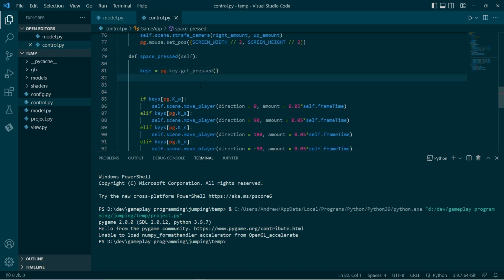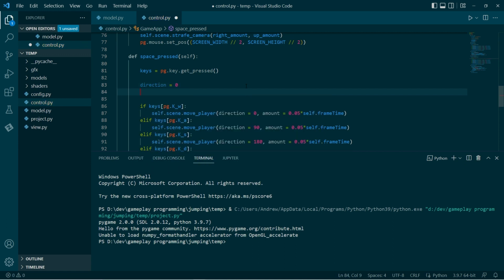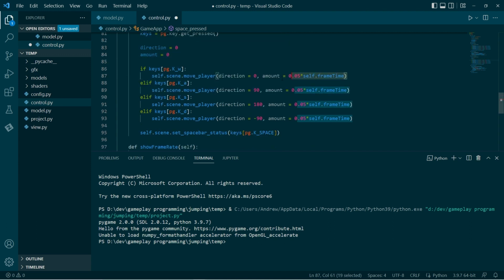Okay, so there are two parameters I'm going to keep track of, and that is the direction, which we're going to start at a deflection of 0 degrees away from the camera, and the amount, that's the forwards or left or right, whatever, amount. If we're hitting W, then we're going forwards.